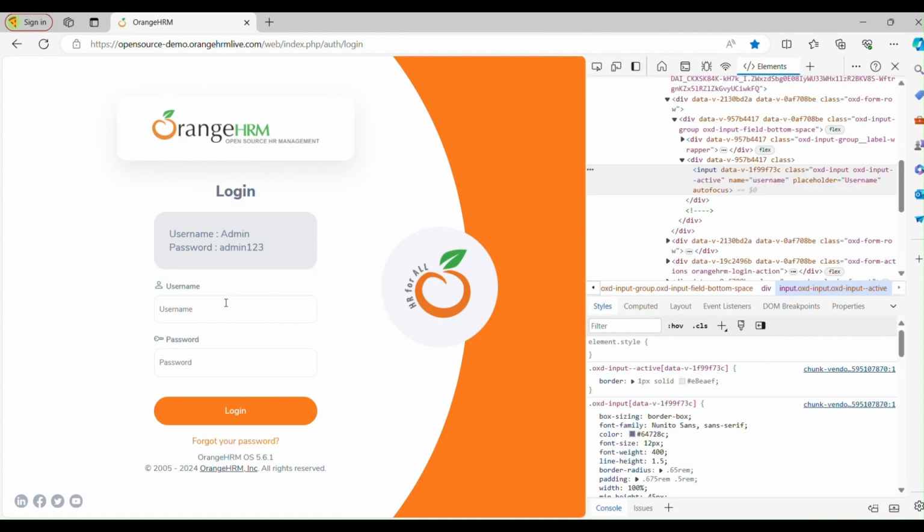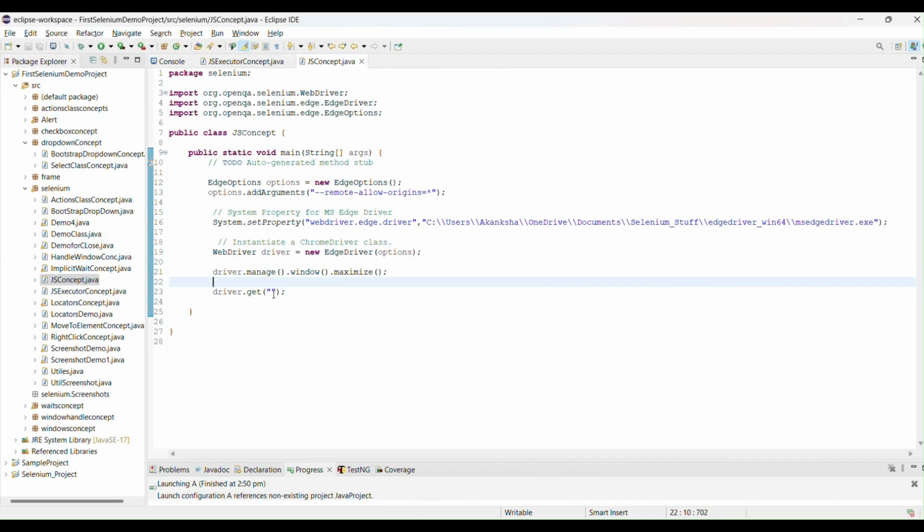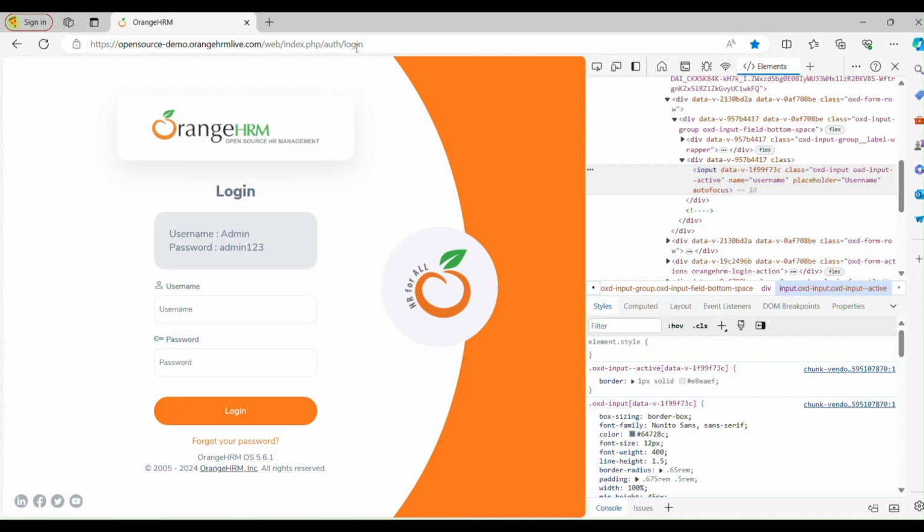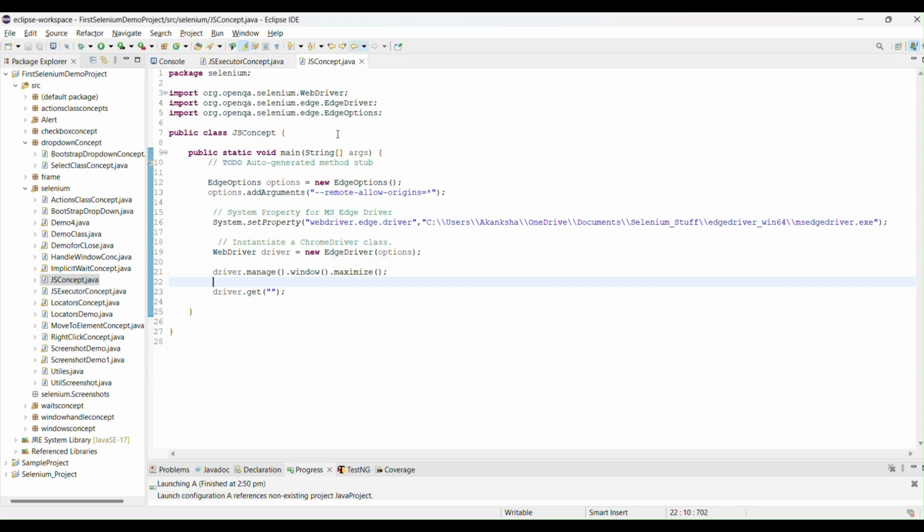I'm not going to use sendKeys here. I will use JavaScript executor, and I want to perform the input, like entering any value. So how am I going to do it? Simple, first inspect this element. I'm going to use name here, because name is also mentioned, and the class is like this. This is a common class, multiple elements having the same class, so I'm going to use name here. So just copy the name value, and we will create the web element first. So first of all I want to enter the URL. So copy the URL and paste it